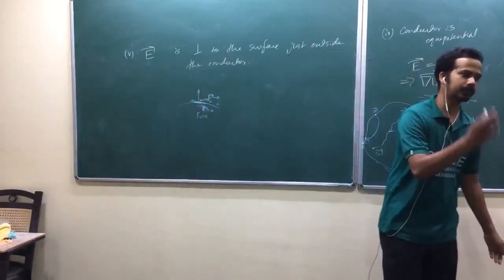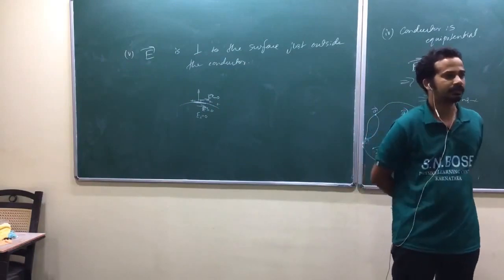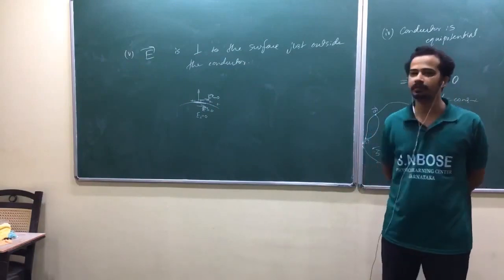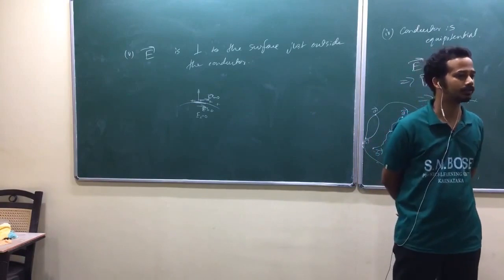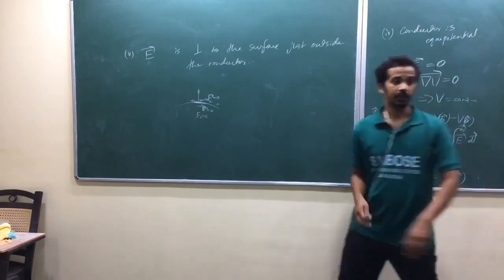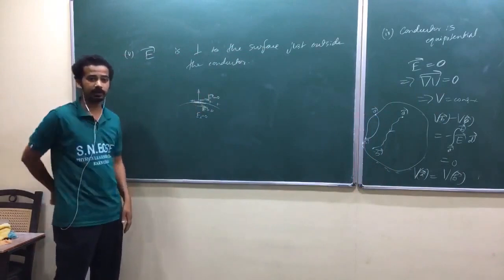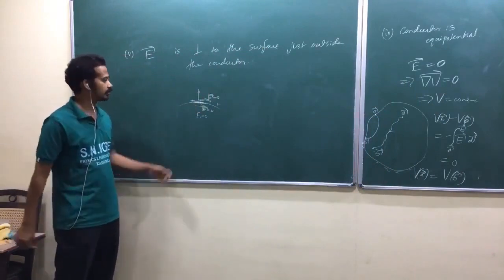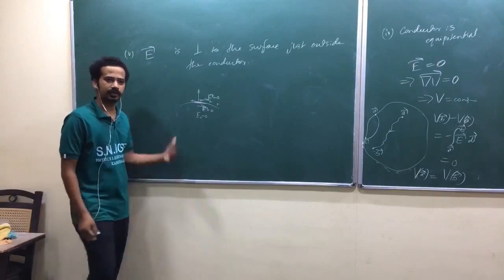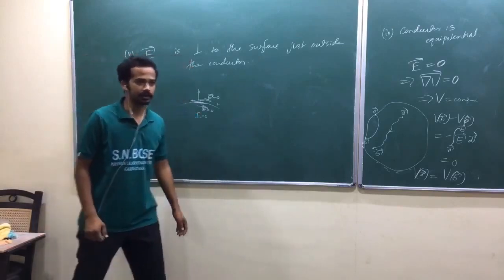Continuity of the parallel component of the electric field certifies that the parallel component of the electric field just outside the conductor is 0. Once you argue, again, what parallel component? Because for a surface, I told you there are infinitely many parallel components. Any parallel component, because electric field inside is 0. You can talk about any parallel component. So can you just write?